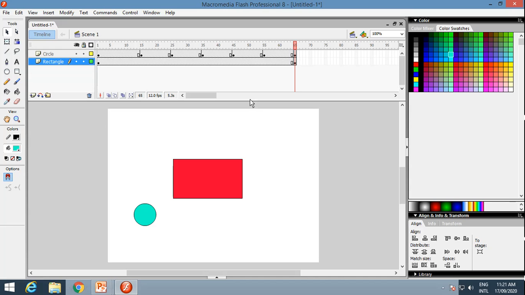So this is the layers option. Like this, you can work with multiple layers. And basically the layer is a stack where you can keep different objects and then you can give the animation. So in this video we have seen what is layer, how to perform the operations in layer, and a demonstration about the layer.